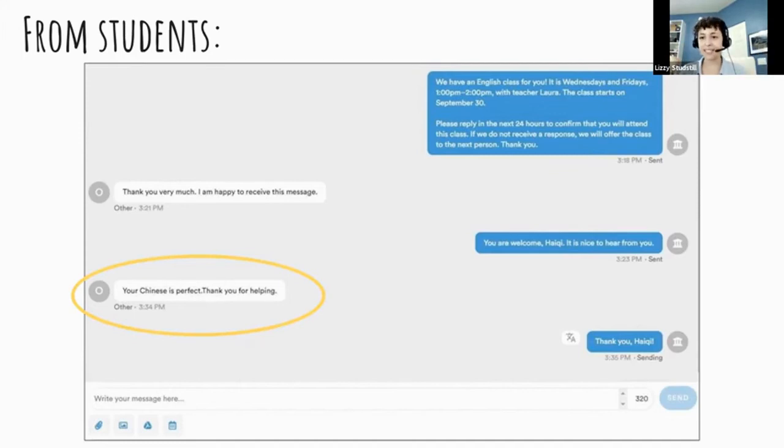So they might send you something that has an acronym or that's kind of text speak and gets the translation a little confused. Because if your student replies in Spanish or in Chinese or in French, you're still going to receive that message in English. It's translating in both directions.